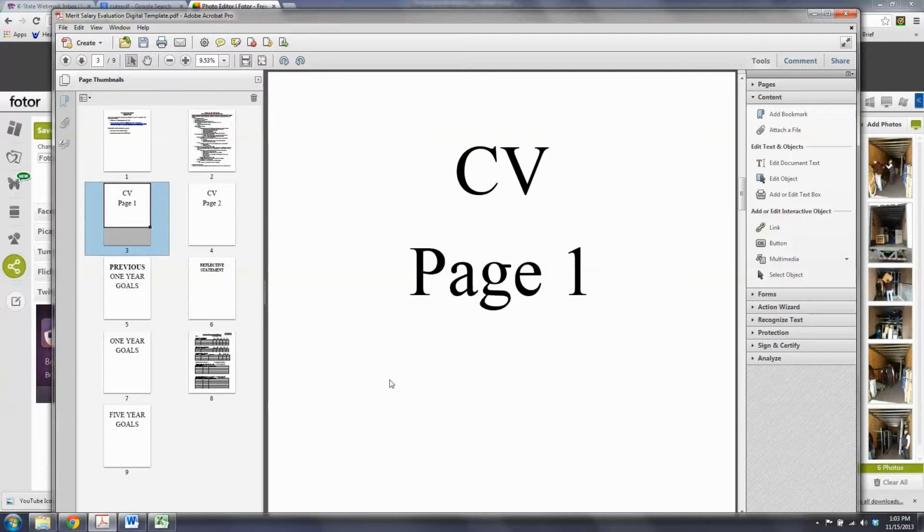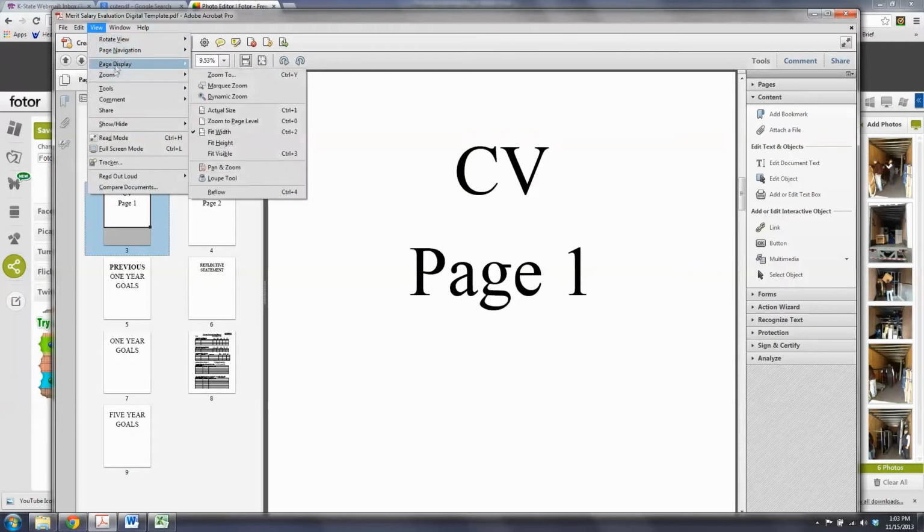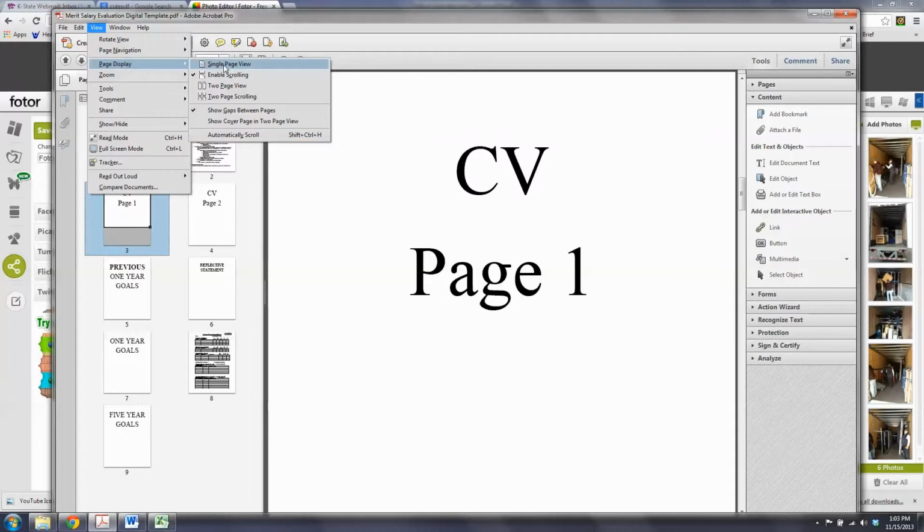I'm not seeing the bottom third of the page or so. If the entire document is important to me in terms of showing what I need to show, we might want to modify this view, and we can do that by going to View, where we have a couple of options. Page Display, where we could do a single page scrolling, which I like to always enable. We could have multiple page viewings or multiple scroll page viewings. Another important one is zoom. We can fit to page width, fit to the height,